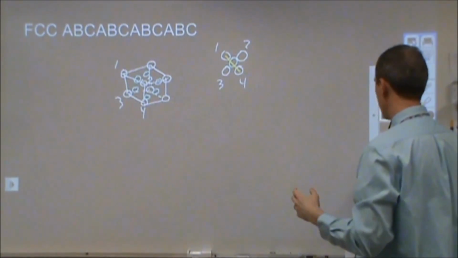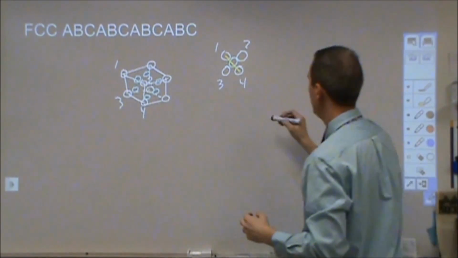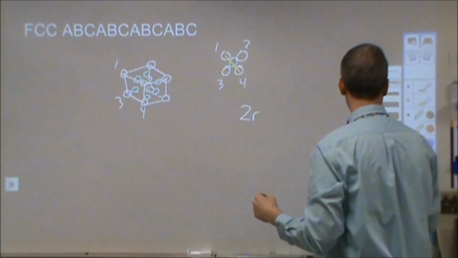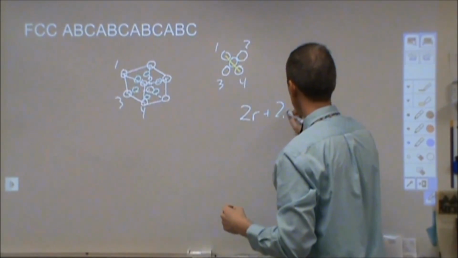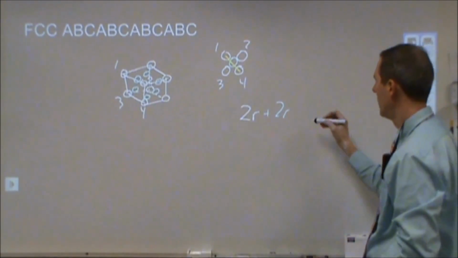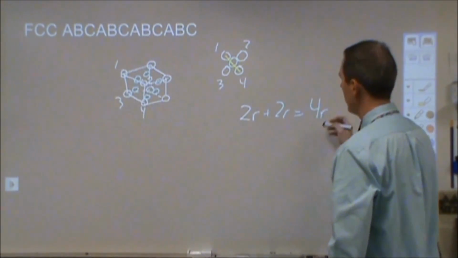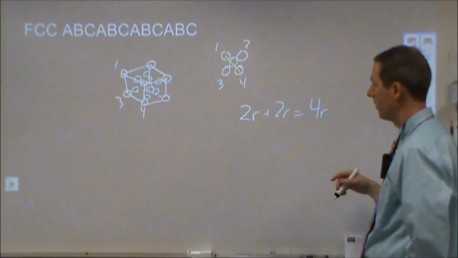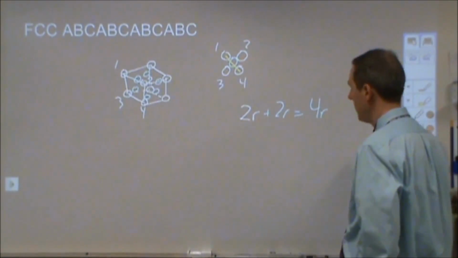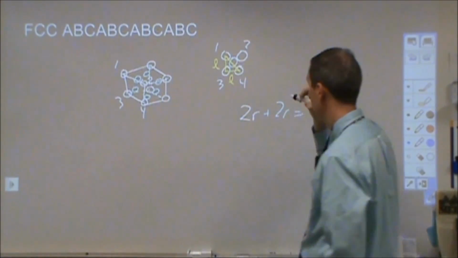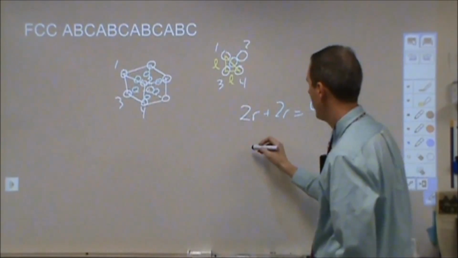Okay, so how can we use that? So what we have here is 2 radii of the corner atom, and 2 radii of the central atom. So it's diagonal. So total, we have 4 times the radius of whatever this atom is, if it's the same atom for each one. Okay. Well, from our trig then, we also have, this is the side length, and this is the side length. So here is a little simpler. We have 4r